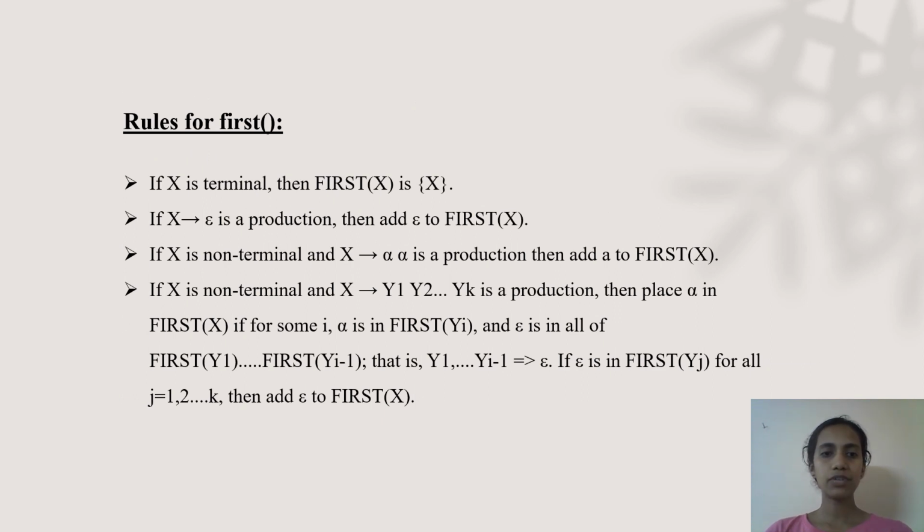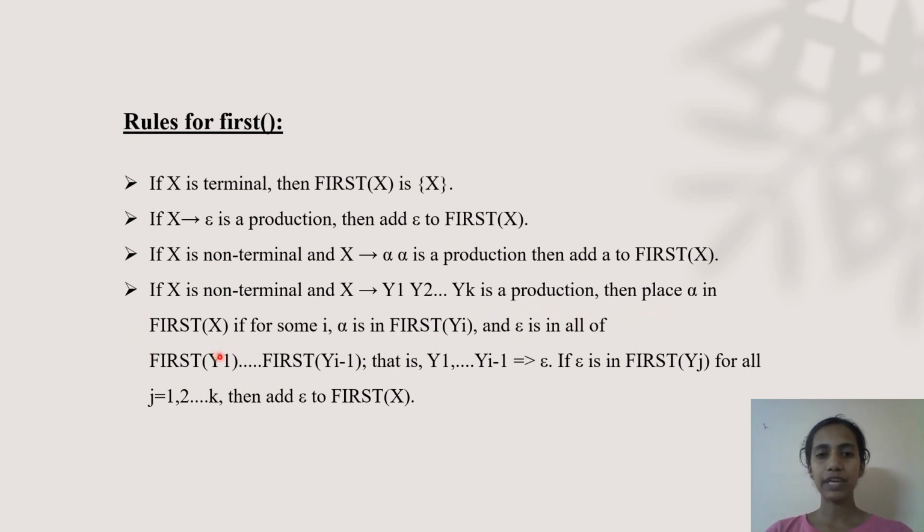The first rule is if X is a terminal, then FIRST of X is X. The second rule is if X tends to epsilon is a production, then add epsilon to FIRST of X. If X is a non-terminal and X tends to a alpha is a production, then add a to FIRST of X. If X is a non-terminal and X tends to Y1, Y2 and so on Yk is a production, then place a